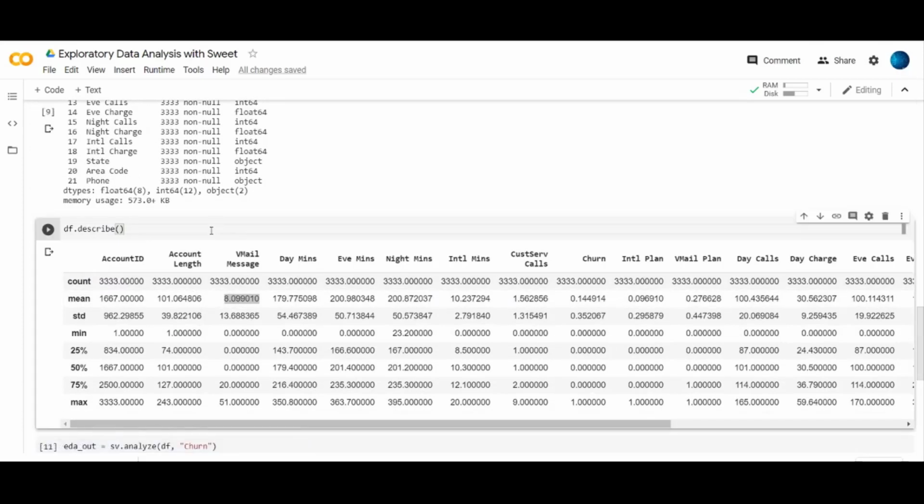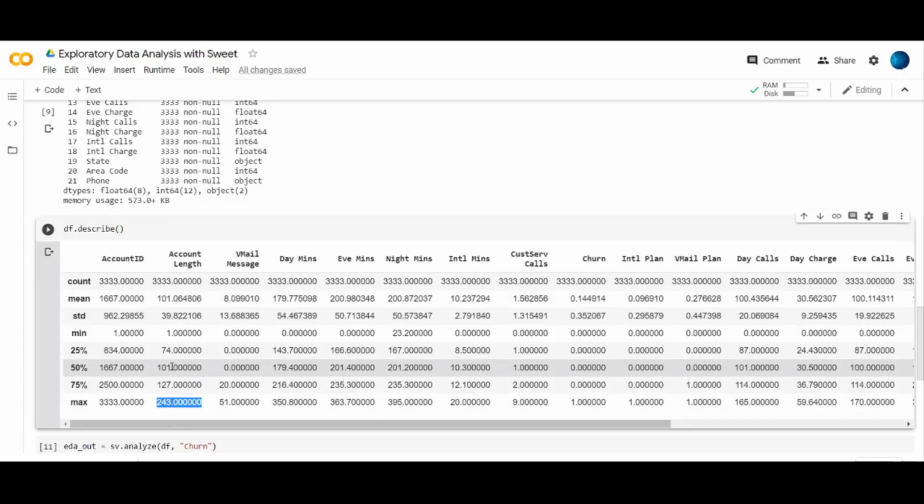Then I'm deriving the baseline metrics with the help of the describe command. What I understand from here is that account length is nothing but how long the customer is associated with us. On an average, a customer is with us for 101 months, and the maximum is 343 months.